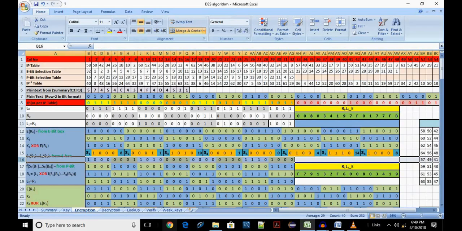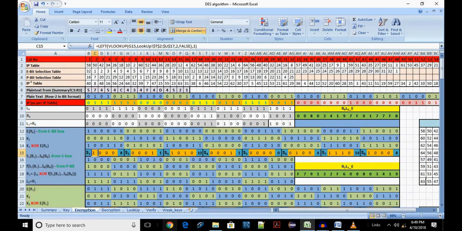Row 16 is redundant in a way that we copy values from row 15 and write them in row 16 and put them together. Otherwise, row 15 and 16 are same.